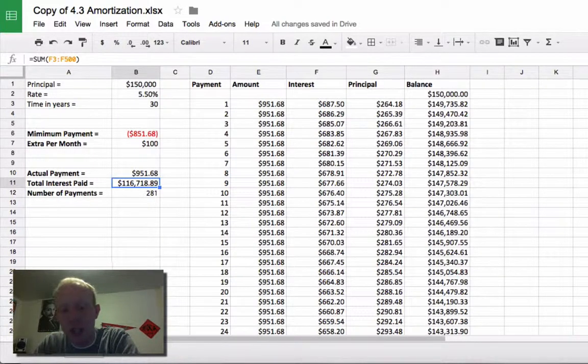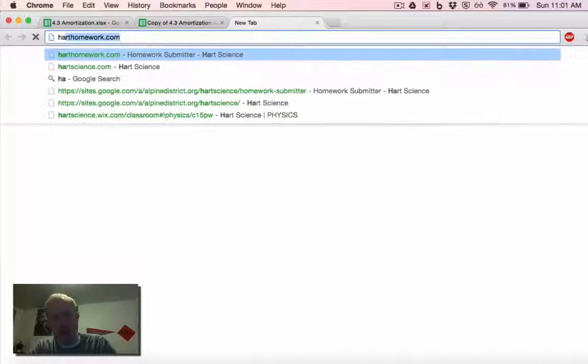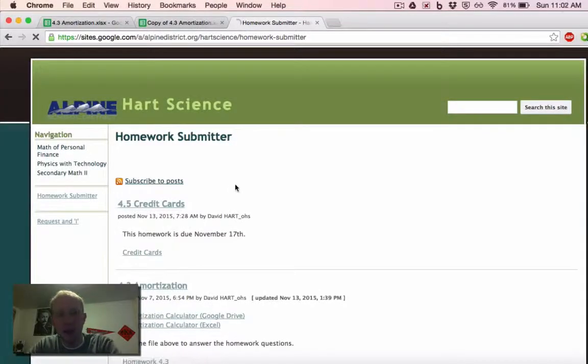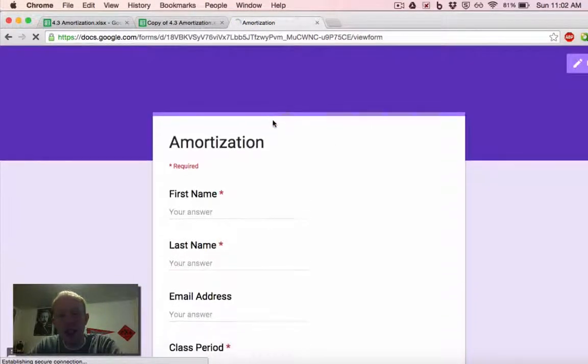Let me show you how you do your homework really quick. So on your homework, you're going to be given some information about a person or the part of a loan they have, and you're trying to use the amortization calculator. So again, I'm going to go back to hearthomework.com. Okay, and you click on homework 4.3, and it's just going to give you some